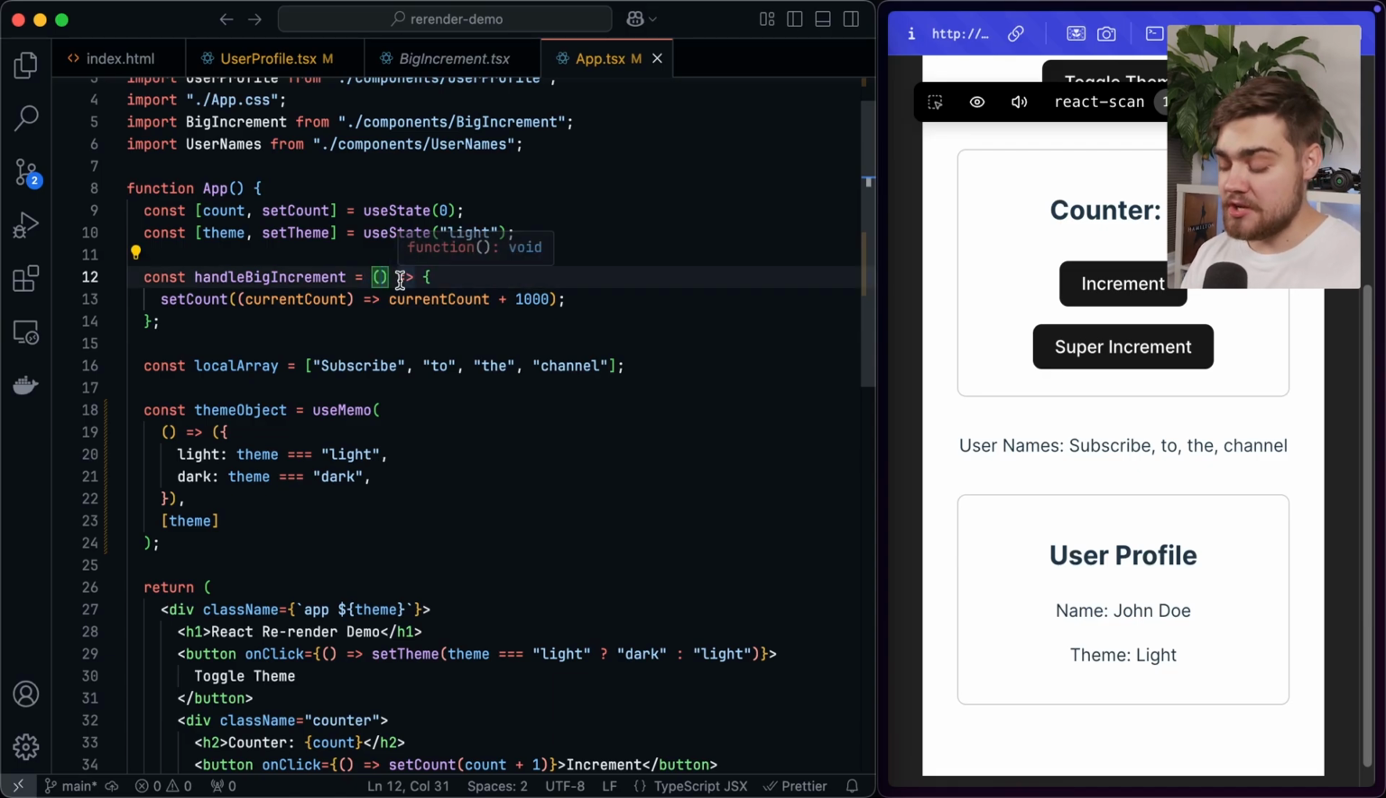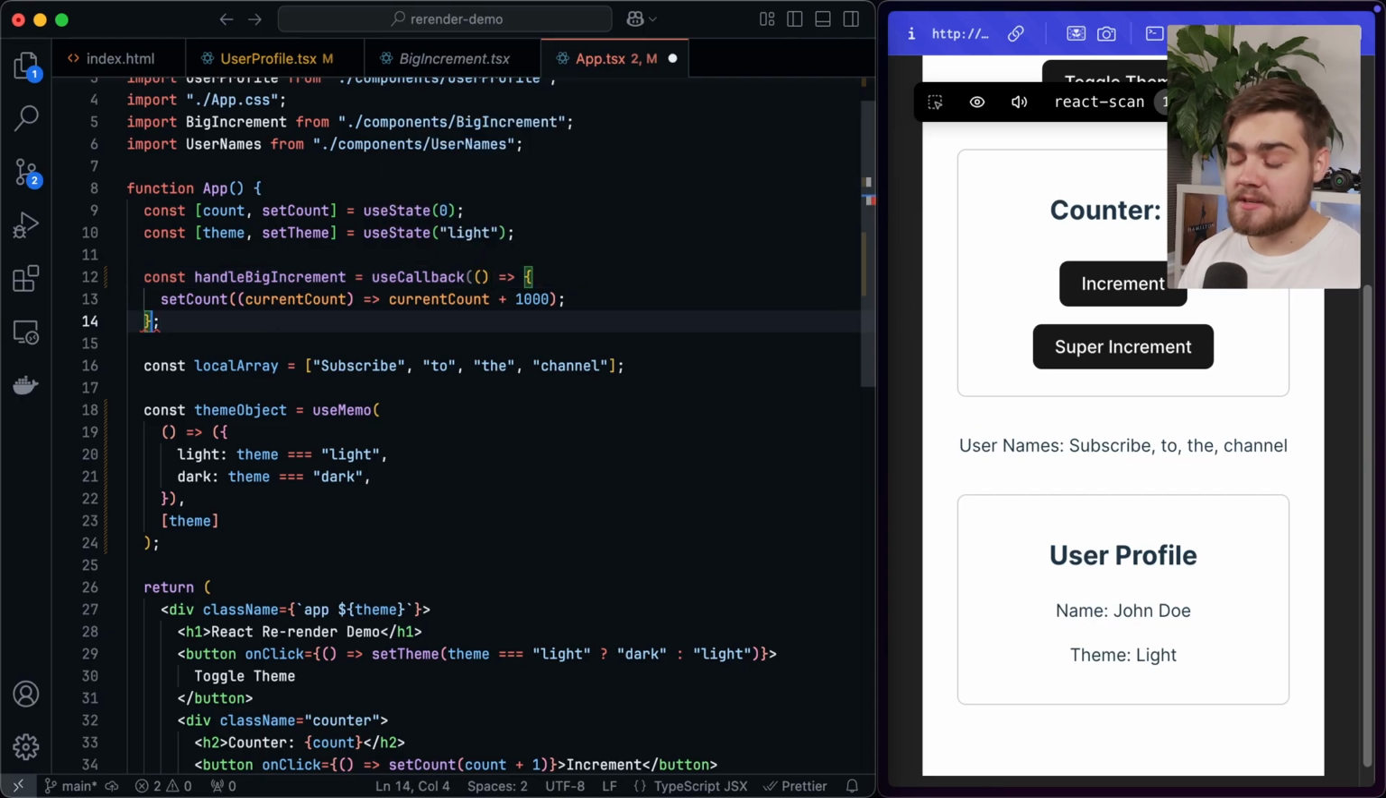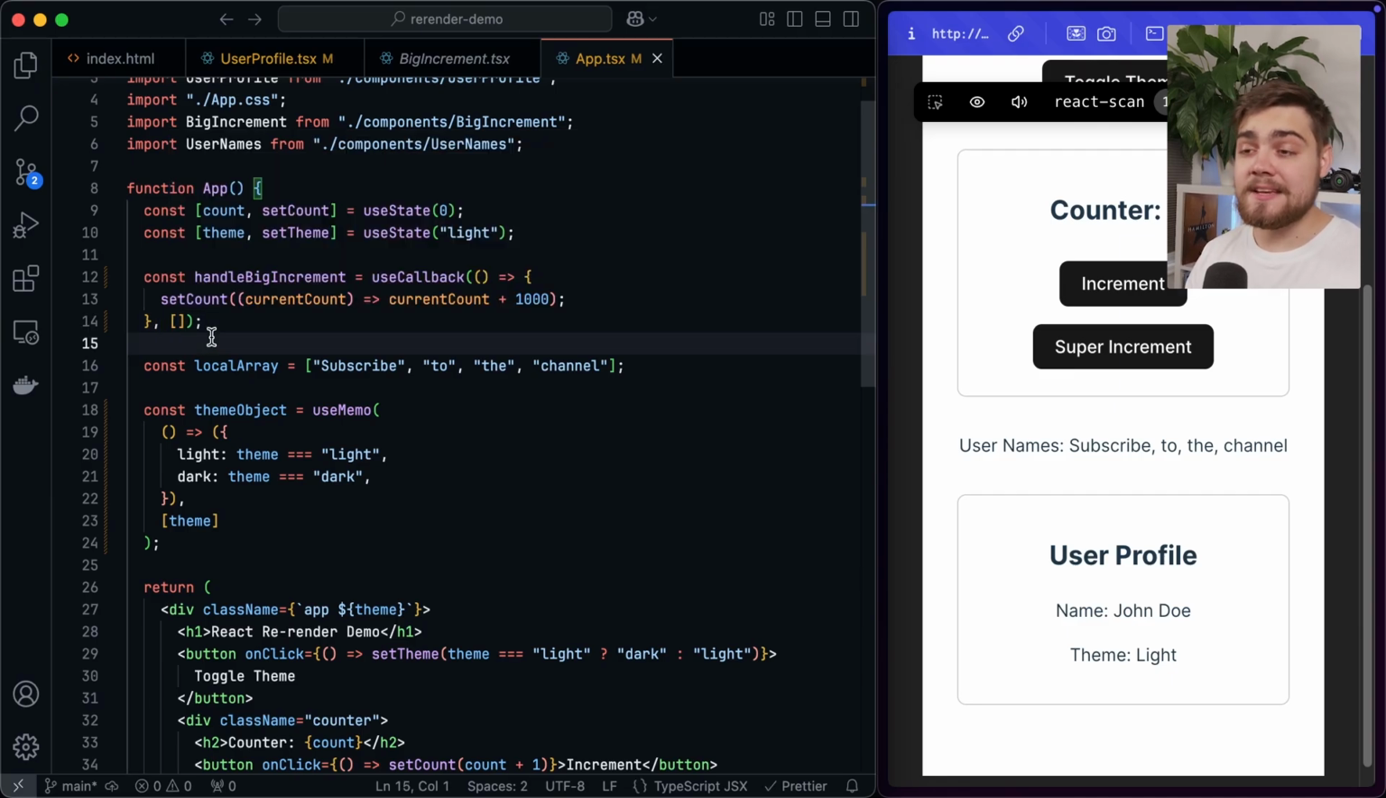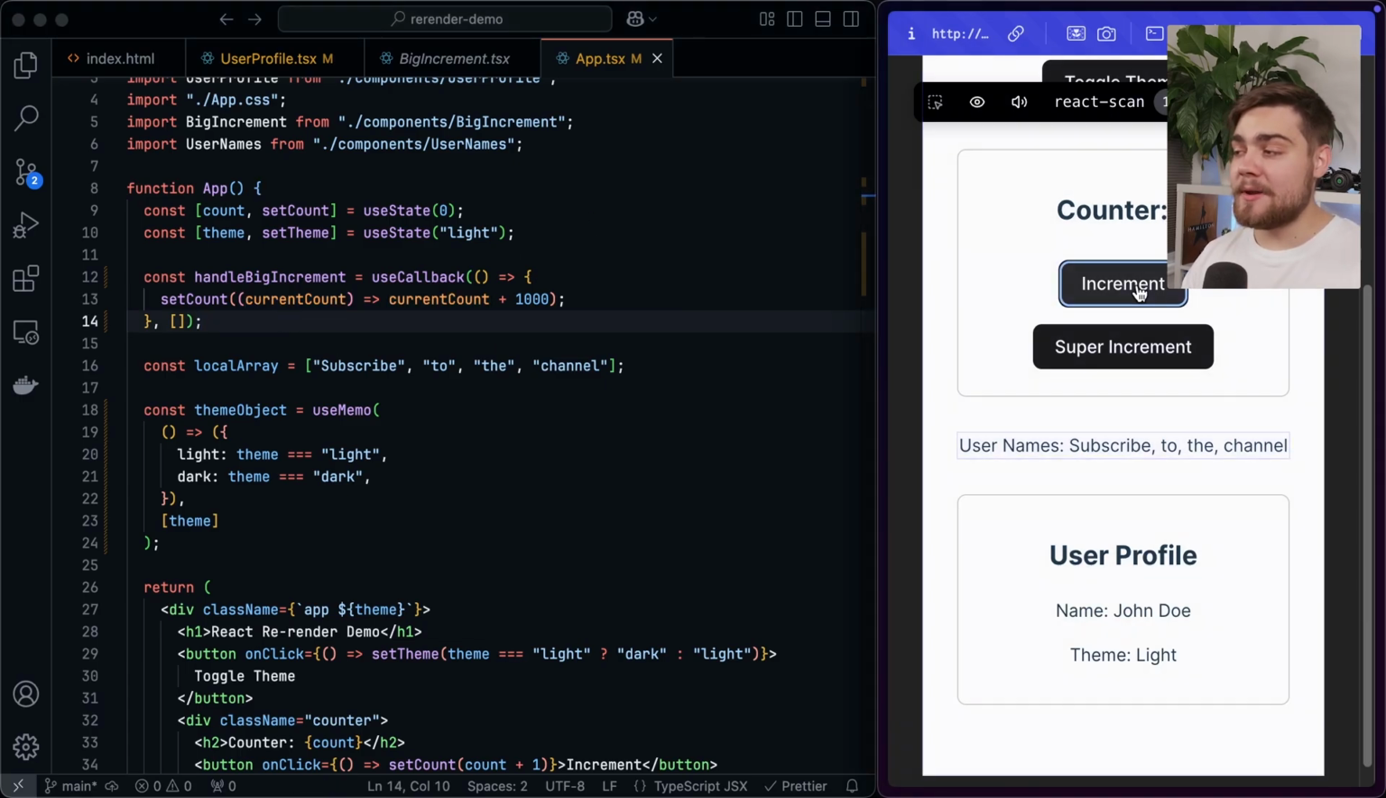All we need to do is change this function to simply say useCallback, and then inside of here, we just wrap the entire function itself, and we pass it a dependency array to say, when do we actually want to recalculate this function? In our case, this doesn't actually rely on anything. Since I'm using setCount in here with the previous setter method, I don't need to make it rely on count. Now that we've done that, if I click increment over here, you can see that super increment is no longer